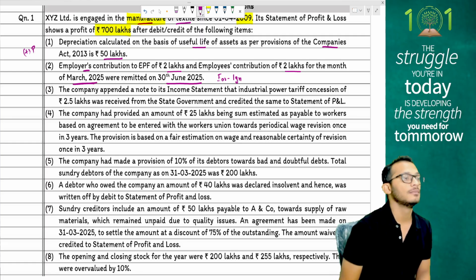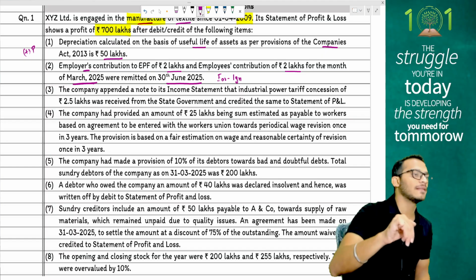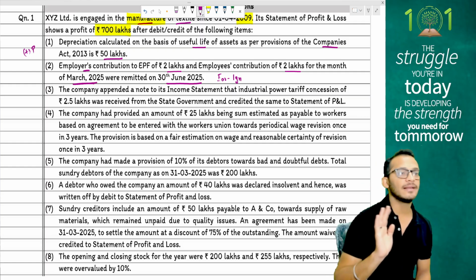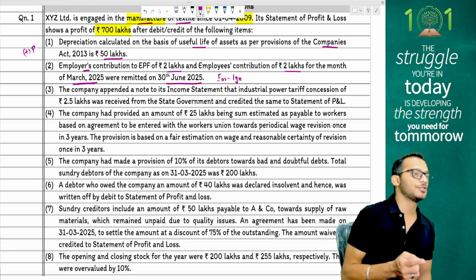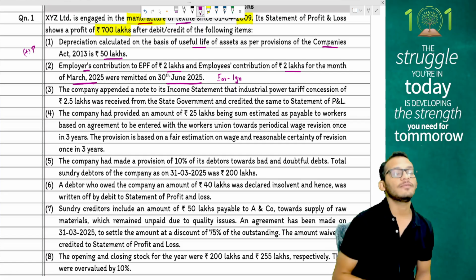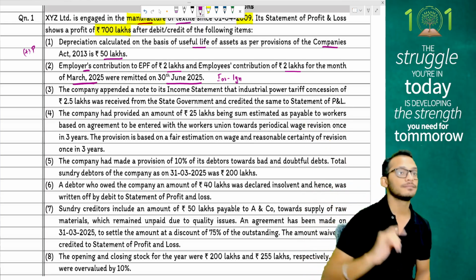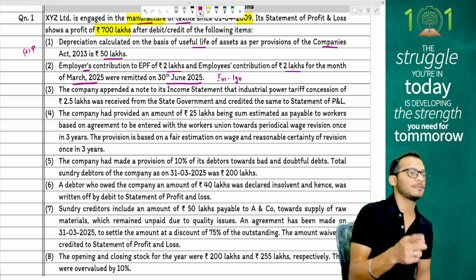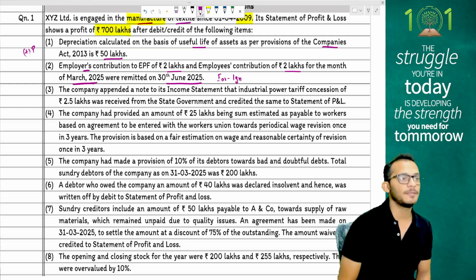Because this is the employees' contribution, it is already there in the P&L. Income tax also says let it be there in the P&L because it's an income, and therefore ignore, unless you make an assumption that the employees' contribution was debited to the P&L. If that assumption is made, then what will happen? You will disallow the expense and then add an income. How do you decide in this question whether it's an expense or an income?